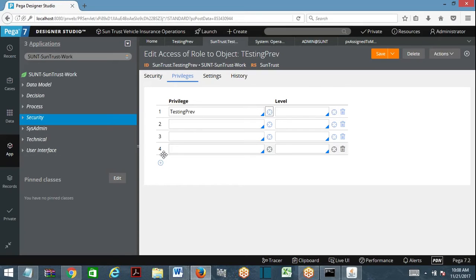When you are working, you should be pretty much clear. So you should clearly understand the access levels in your application, and accordingly you have to define. Whenever you create any privilege, I want to verify whether this operator has a certain privilege associated or not. One operator has access group. Access group has role to object. Role to object has privileges. I want to verify whether the operator has a privilege or not.